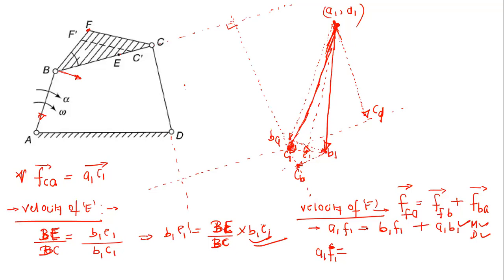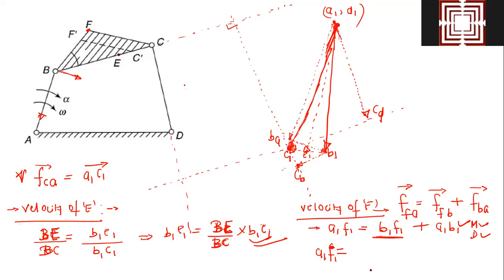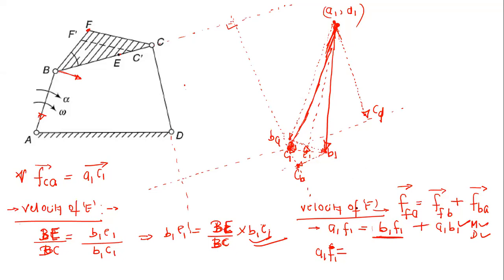A1 FA and FA F1. See, I am trying to break down this component, so it doesn't contain the letter A. Yes, sir, I am talking about the left hand side component A1 F1. For now, let's just talk about this, then we will go to that one. Don't worry, let's first break down this one, B1 F1. It will be B1 FB and FB F1.